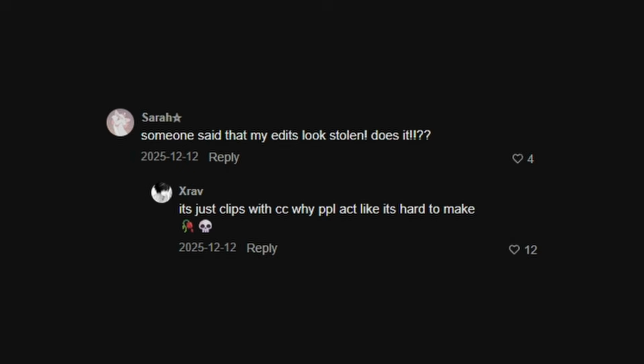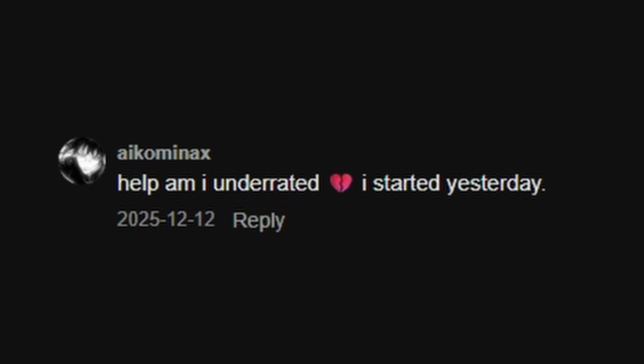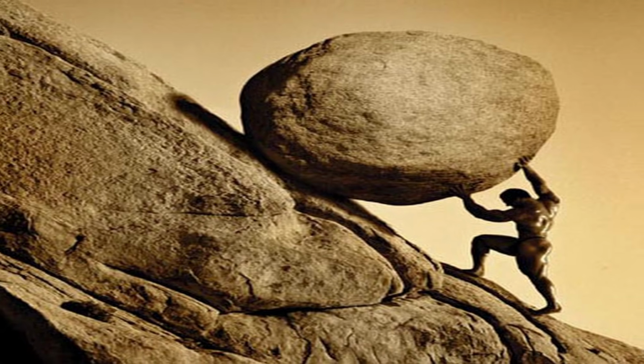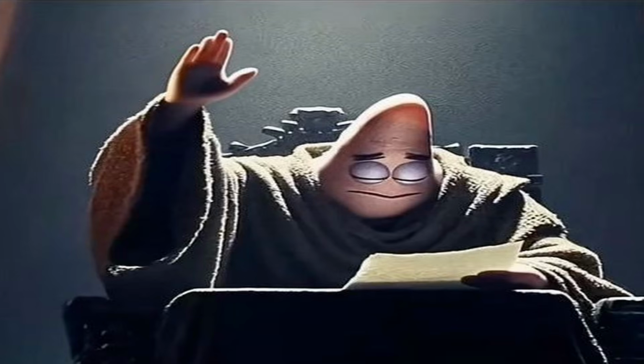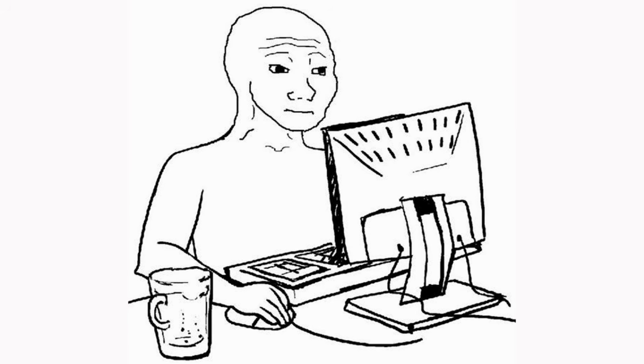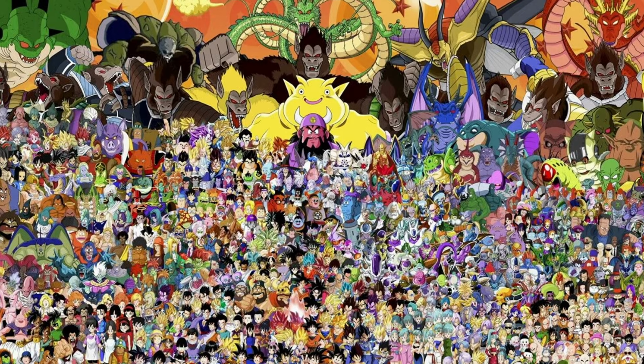These are the type of people that will call themselves editors when they've never even opened the timeline manually. When's the last time they've actually used an effect? Or when's the last time they've made their own shakes? Yeah, when you get the answer, let me know. The template tourist is the funniest one because they typically have the highest ego. But that ego is usually kind of unwarranted because they don't really make the actual edits themselves. They just take a template from someone that's already made the template and just post it as their own. And then they'll wonder why they don't get any views. You should probably try and make something that hasn't been posted 100 times by 10 million different other people.